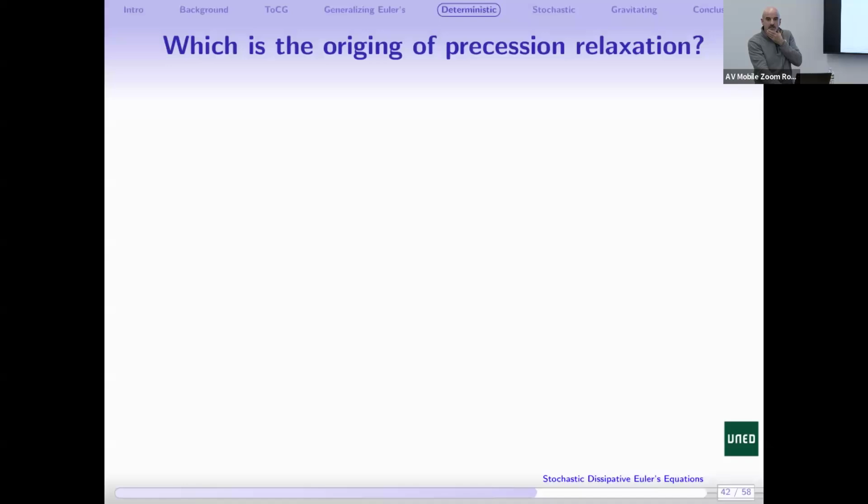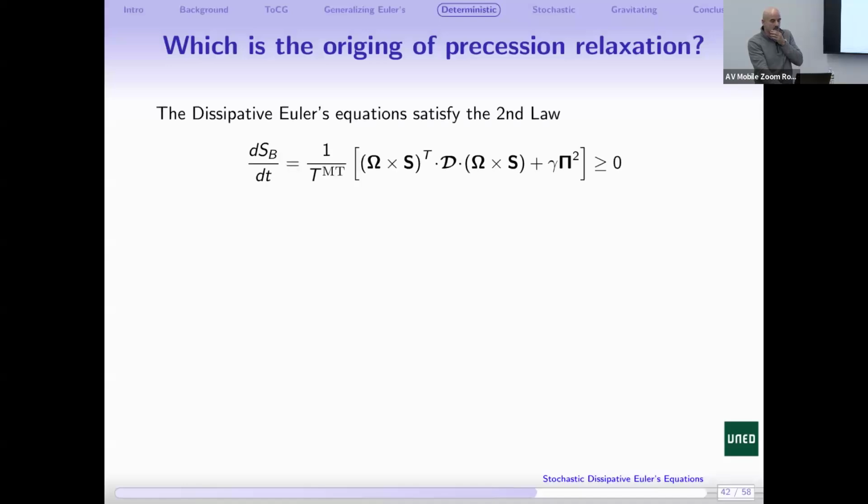What is the origin of this precession relaxation? Well, we have an entropy. We have computed the entropy, so we can compute the time derivative of the entropy, use the equations of motion, and check that indeed this is a positive quantity. It increases in time because this is a quadratic term, and this is also a quadratic term. It increases until it gets constant with a maximum entropy, and this can only be when this time derivative is 0 if these terms are 0,